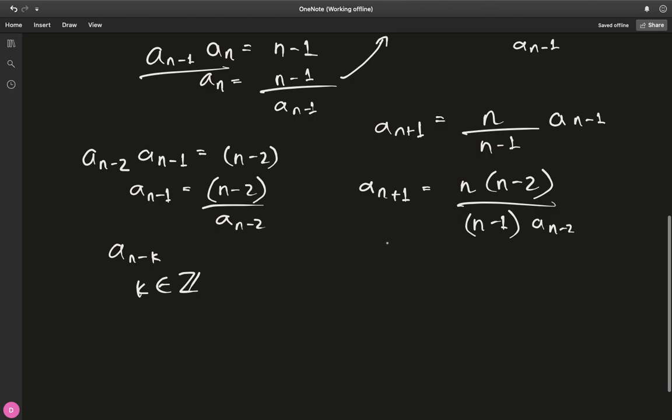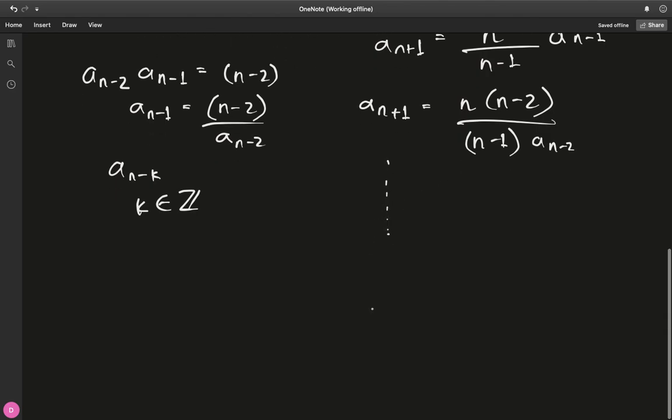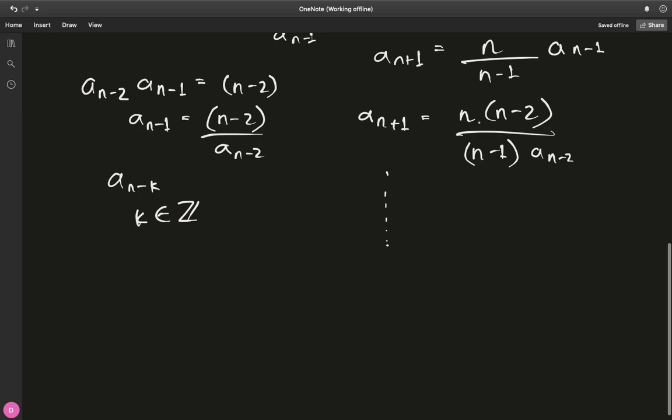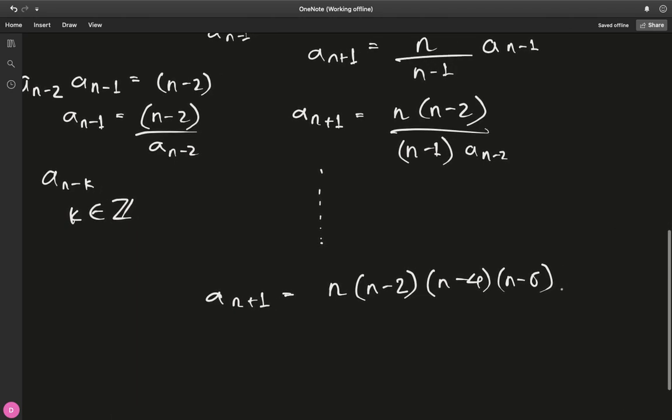and the pattern that we are going to generate is, notice that when n gets subtracted by some even number, that goes in the numerator. So in general this pattern is going to look like n minus 0. You can consider 0 to be even, although it's a debatable question, but n minus 0 times n minus 2 times n minus 4, so n minus even, n minus 6, and this goes on,